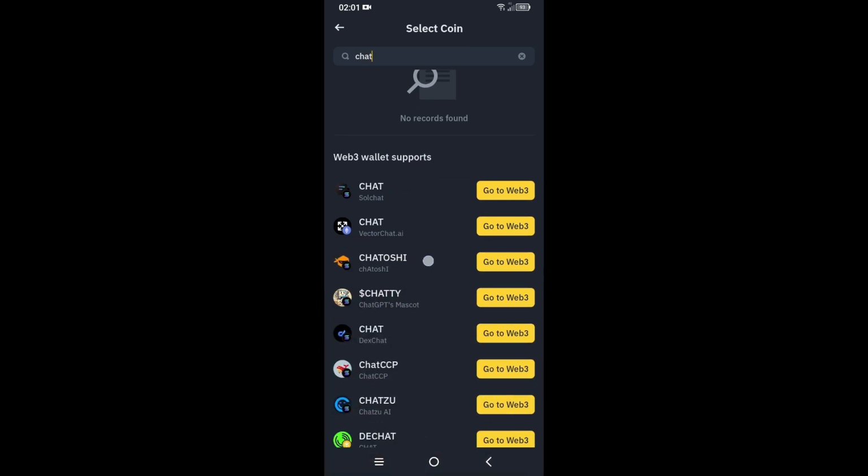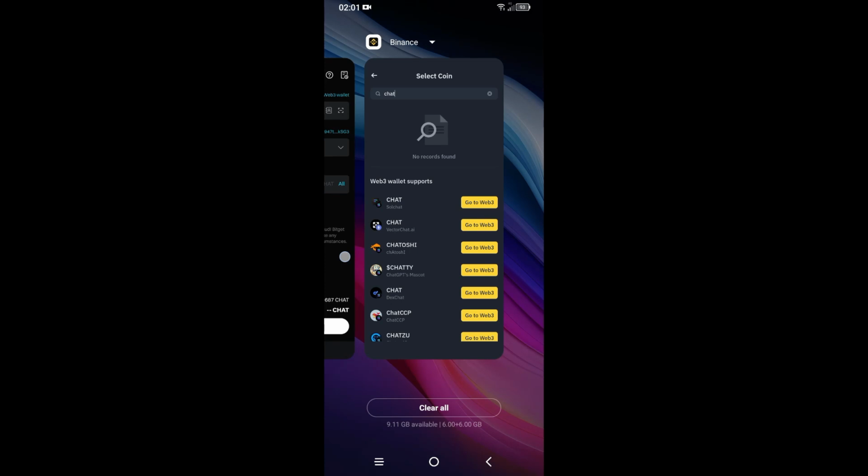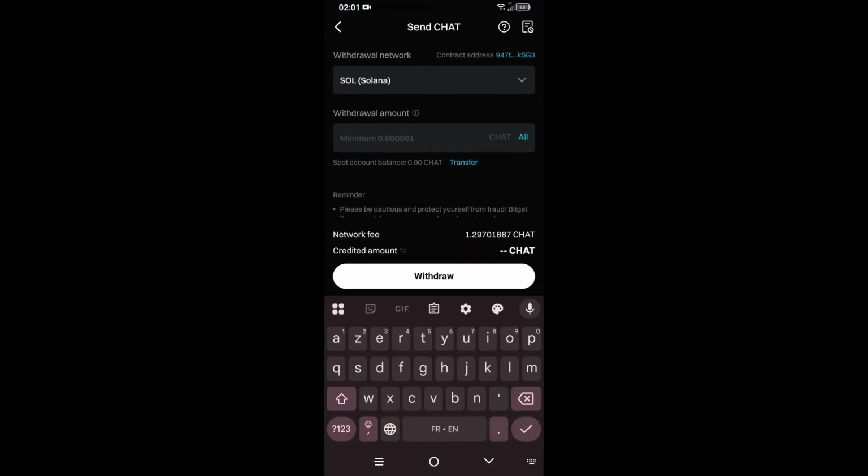So as you can see here, they show you to go to Web3. So after you go to Web3 wallets on your Binance, you can copy the withdrawal address of the token. Now go back to your Bitget app and you can paste it here. And after you paste the withdrawal address that you got from your Binance Web3 wallet, you can